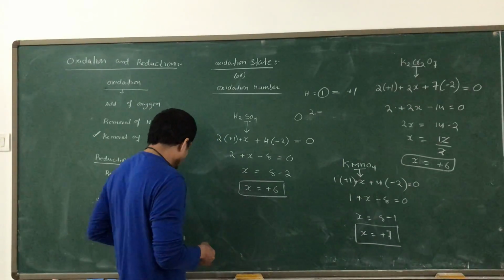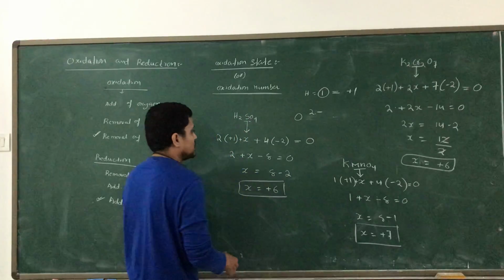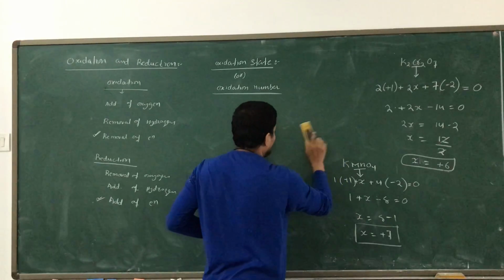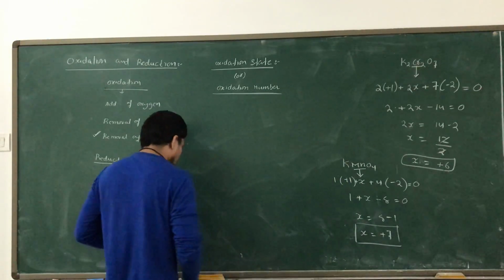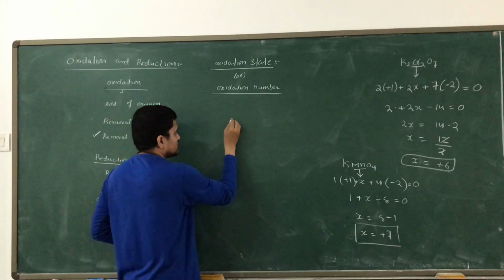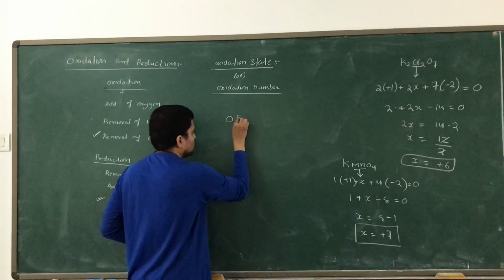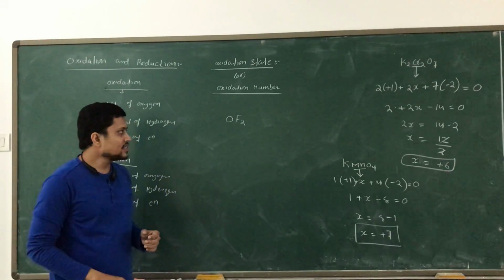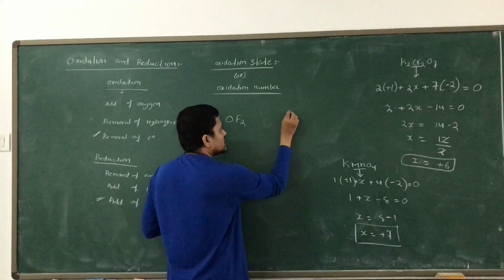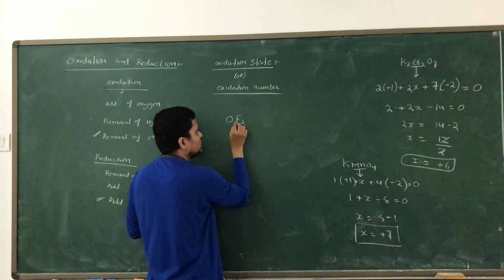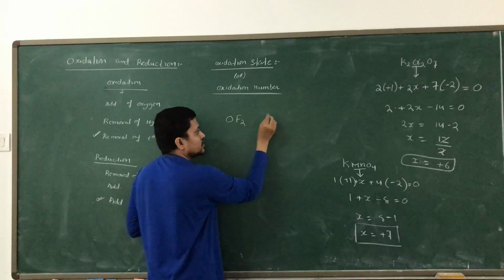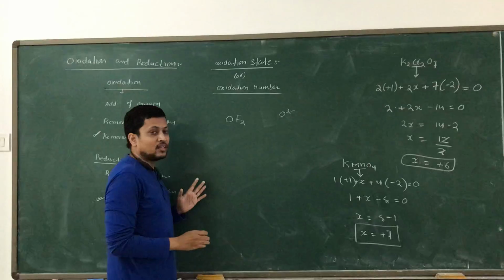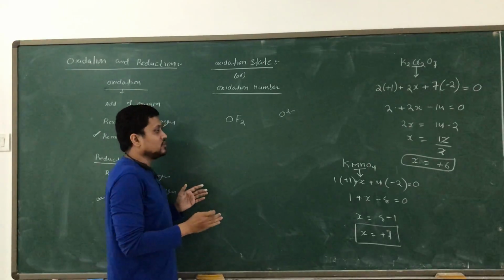But for some compounds, there are also important examples you must remember, which cannot give the proper result by using this method. Suppose I go for this example, OF2, oxygen difluoride. In this compound, normally we take oxygen as minus 2. If I go for the oxidation state of fluorine over here, I cannot take oxygen as minus 2. Why am I not taking minus 2? Why is it so? We can understand.